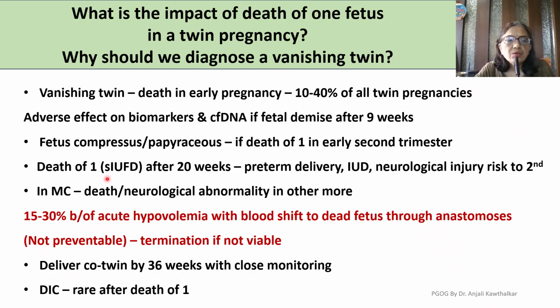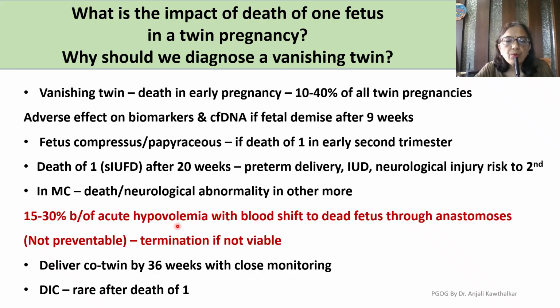Death of one fetus is called single intrauterine fetal death, SIUFD. If it occurs after 20 weeks, then preterm delivery, intrauterine death of the surviving baby, neurological injury to the second baby, all these risks increase for the second baby. In monochorionic, death or neurological abnormality in the other baby is more as compared to dichorionic. 15 to 30% is the risk if there is a death of one baby with a monochorionic,